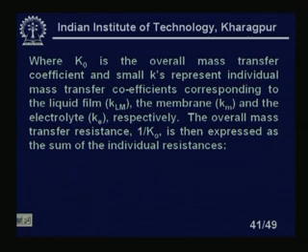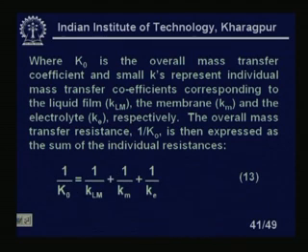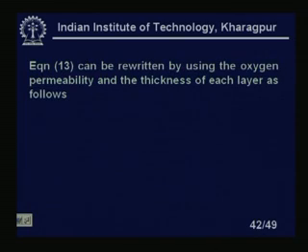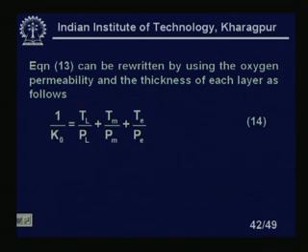the electrolyte Ke respectively. The overall mass transfer resistance 1 by K0 is then expressed as the sum of the individual resistances, which can be given like this: 1 by K0, 1 by KLM is the liquid film mass transfer coefficient, 1 by Km the membrane mass transfer coefficient, and 1 by Ke the electrolyte. Equation 13 can be rewritten by using the oxygen permeability and the thickness of each layer as follows. We convert in layers, 1 by K0 equals TL by PL plus Tm by PM plus Te by Pe,